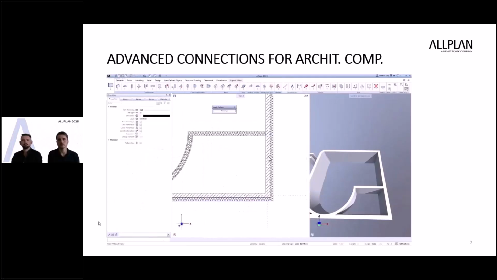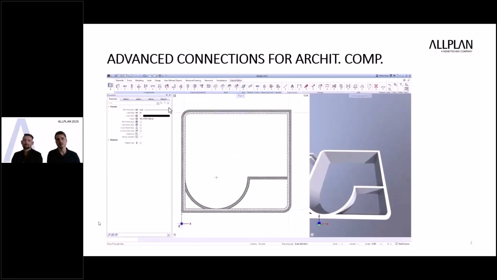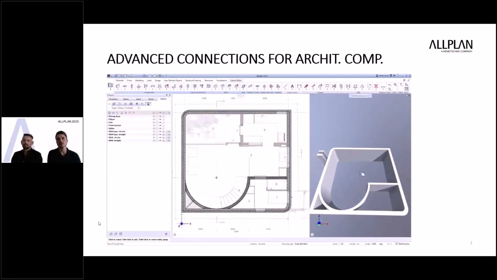Furthermore, we have improved the chamfer function to be more user-friendly, and the fillet function now interacts not only with lines, but can also be applied to the mentioned architecture components.